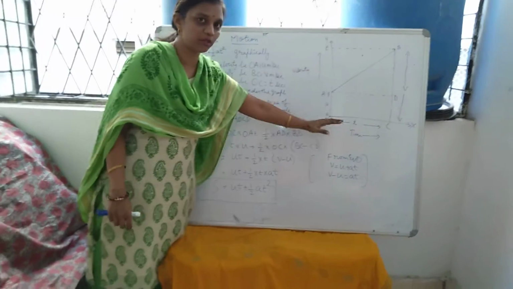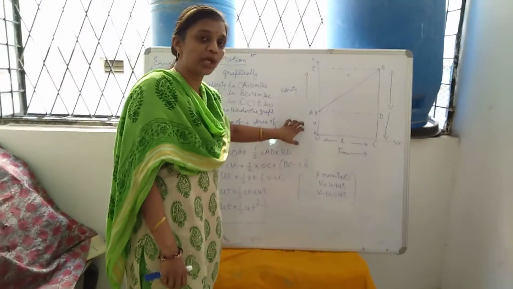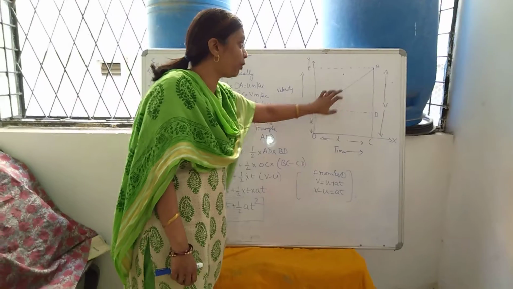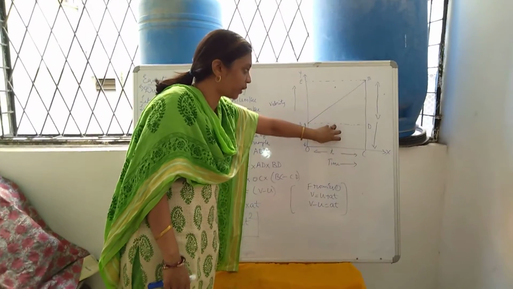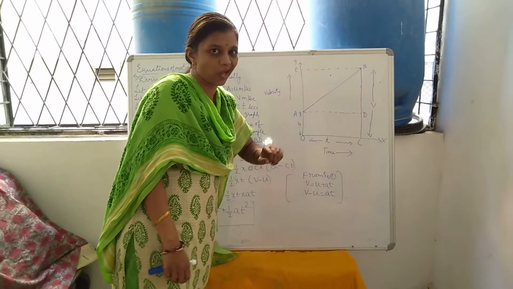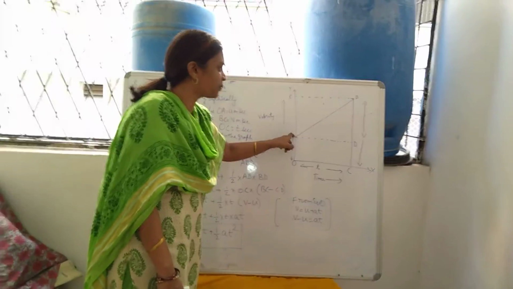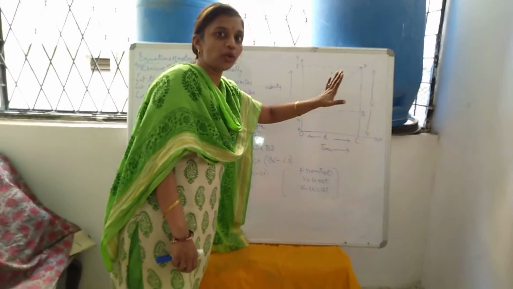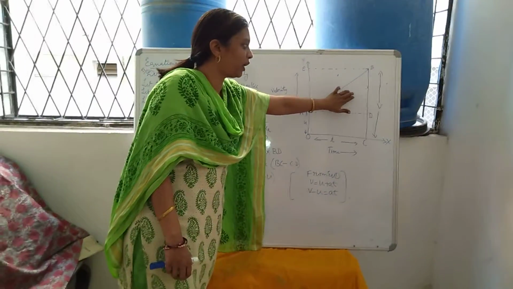You will draw the same graph for this equation also. Here you will calculate the distance travelled by the object based upon the area under this graph. Here you will consider the area of this rectangle and the area of the triangle. So the object will be starting from here. It is initializing, it is raising its acceleration, moves to B. So you are going to consider both the areas under the graph, that is area of triangle and area of the rectangle.